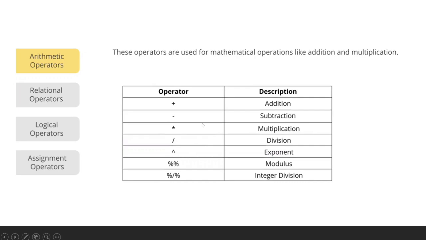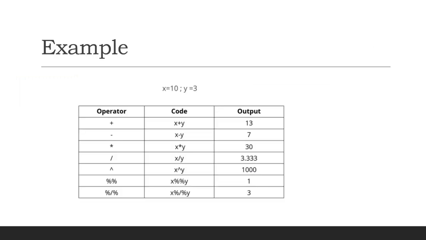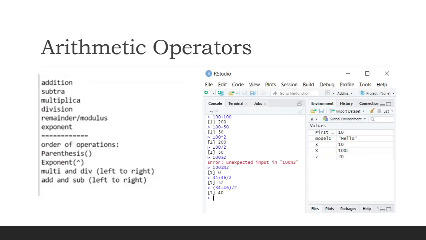You can directly have two variables with an integer value or a numeric value, and then you can perform any type of mathematical operation with that. These are the examples. If we take x equal to 10 and y equal to 3, this is the output that you will get. As you can see in the modulus, the second last one, 10 mod 3 is 1. So the remainder is 1. These are the arithmetic operators that are available.